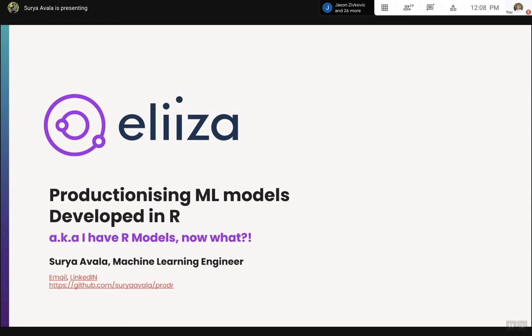So usually to bridge this gap between DevOps engineers or software engineers and data scientists, people like me, machine learning engineers, are